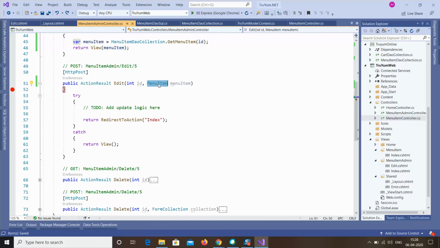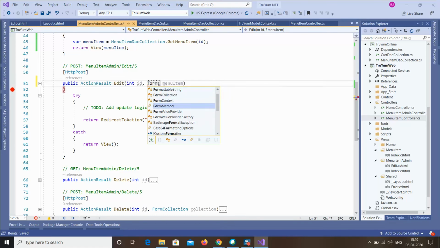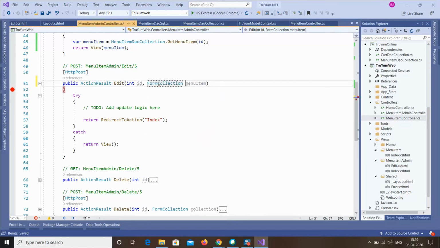Earlier you have found here the form collection. See, the form collection was there, right? Instead of this, I'm directly passing our model, because we need to save the model only. We need to get the data directly. I don't need the form values first and then convert it into my model and then save it. I don't want to do all those things. So instead, I'm just directly taking my model, and then now I'm going to create the